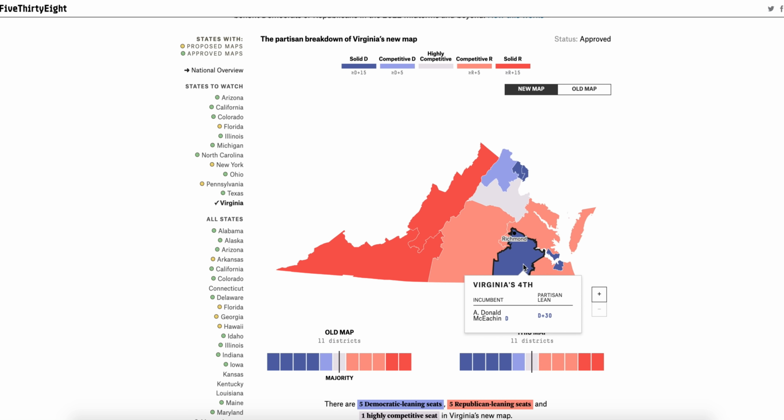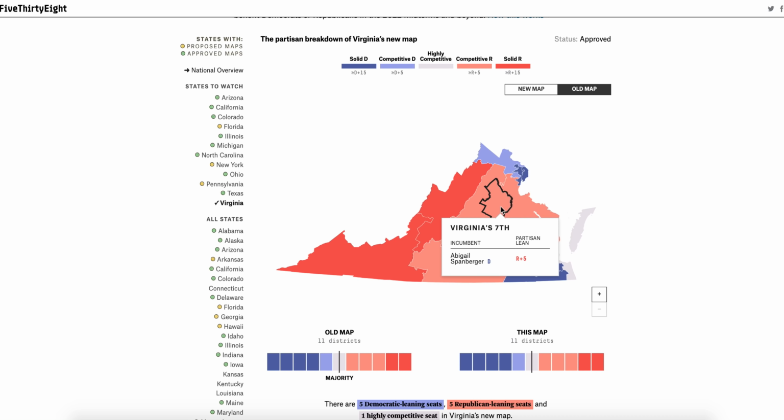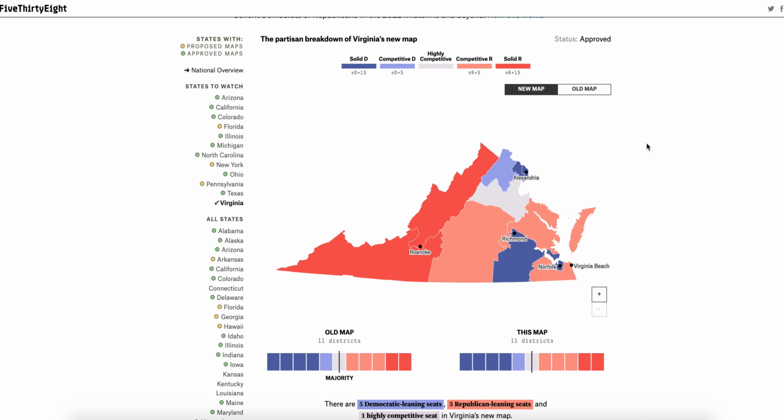So how is this different from the old map? Well, in the old map, you saw a similar amount of safe Republican districts. In fact, the exact same amount. But the difference is now that Abigail Spanberger, who represents Virginia's 7th congressional district, used to be in a Republican plus 5 district and is now in a district that is Democrat plus 2. So previously, it was Republican plus 5. Now it is Democrat plus 2, which means that it's a 7-point improvement for the Democratic Party when a Democrat is already winning there. But the downside is that the Republican Party now is 4 points more in the advantage